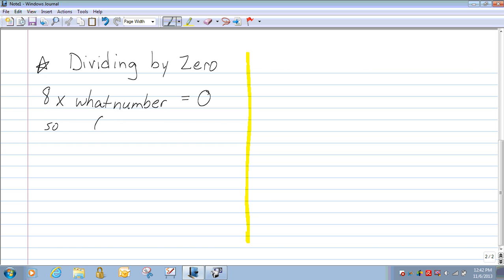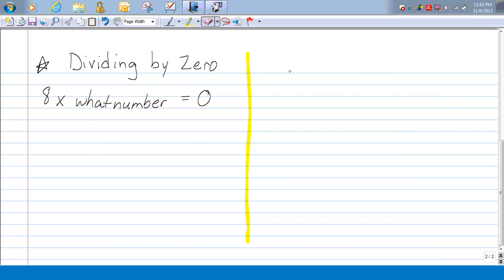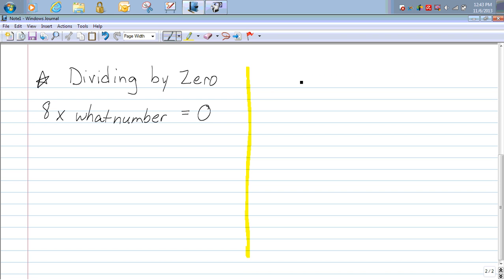So 0 divided by 8. Oh wait, hold on. Let's talk about this. Okay, 8 times what number is equal to 0? What number could you multiply 8 by to get 0? Well, it would be 0. So 0 divided by 8 is going to give you 0. If you have 0 items and you try to put them into 8 empty boxes, you're going to get 0